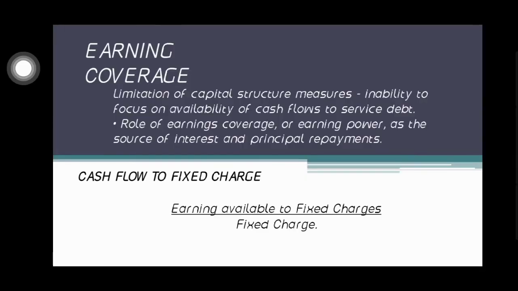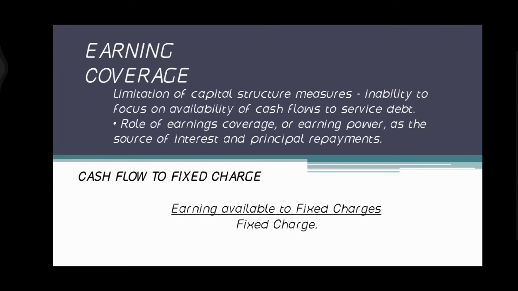Okay, the last topic here is about earning coverage. One of the limitations of the size of the capital structure is its inability to see the availability of cash flow to pay off the company's debt. When debt is paid off, the size of the capital structure usually improves, while the annual cash requirement to pay interest or set aside funds does not change or increase. This limitation highlights the important role of the company's profit coverage, or the ability to generate profits, as a source of